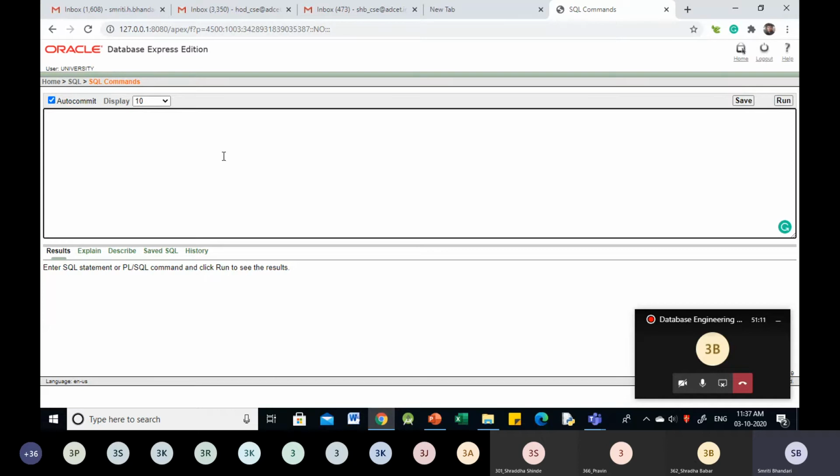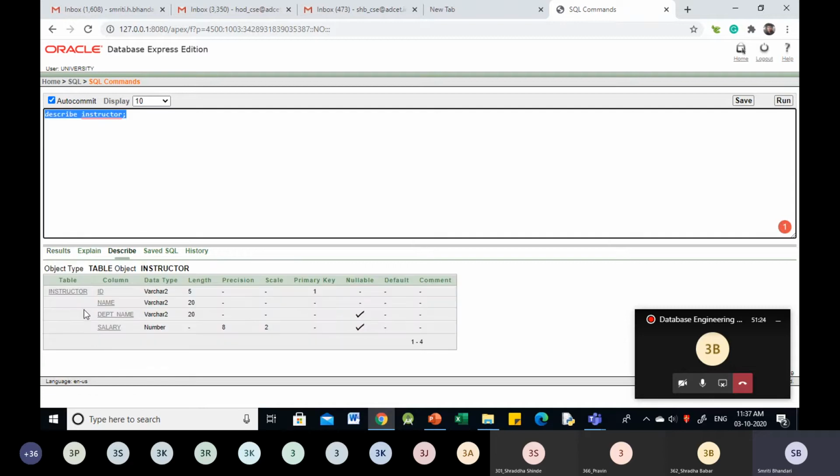Okay, so let us see here the table instructor that we created earlier. So this is the instructor table that we have, with attributes ID, name, department name and salary. Okay, now what we are going to do is insert. So insert into instructor.